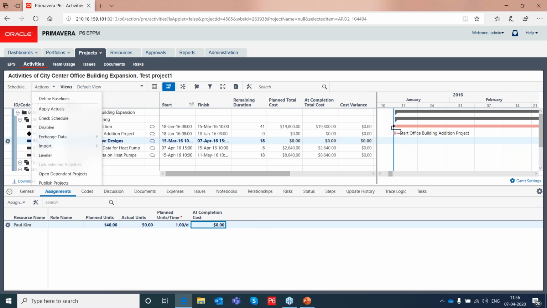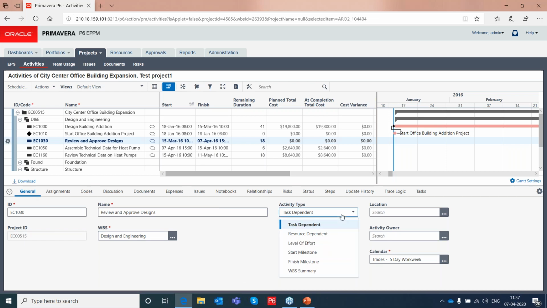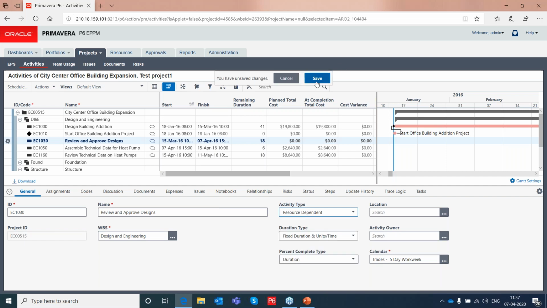Okay. Now, there's one more thing which I wanted to highlight here, which is something which will be useful to you. When you do resource management, you have an option for making the activity type as resource dependent, right?